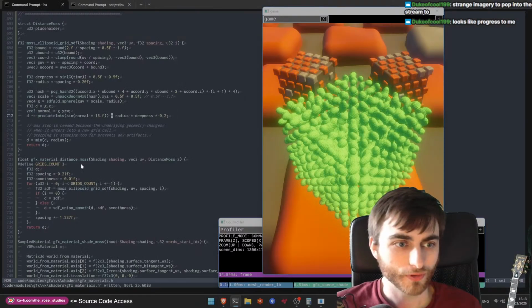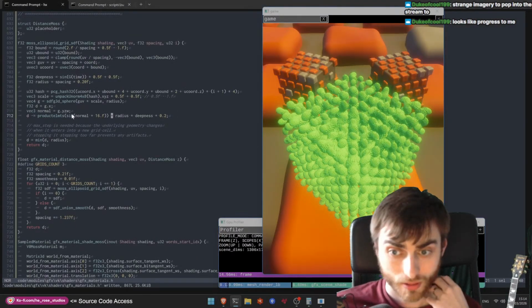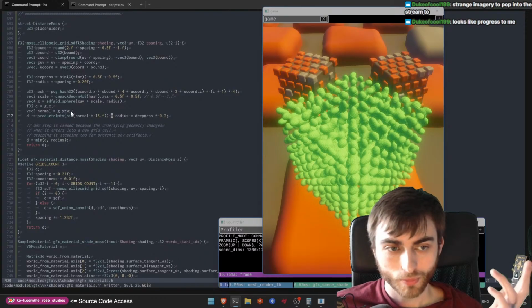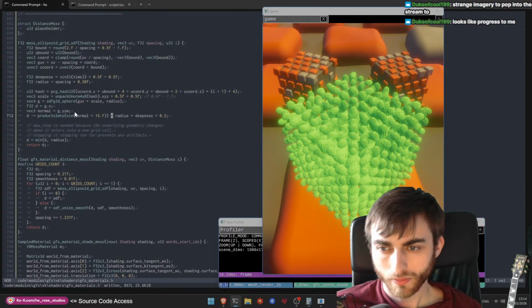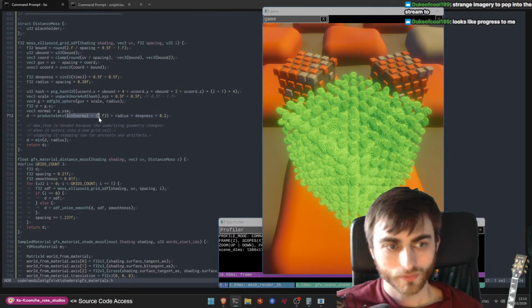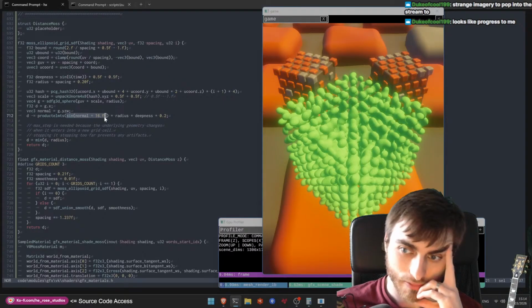Now I wonder also if there's a way to make it such that there's more ups than there is downs. Like this sign of normal is kind of making it such that